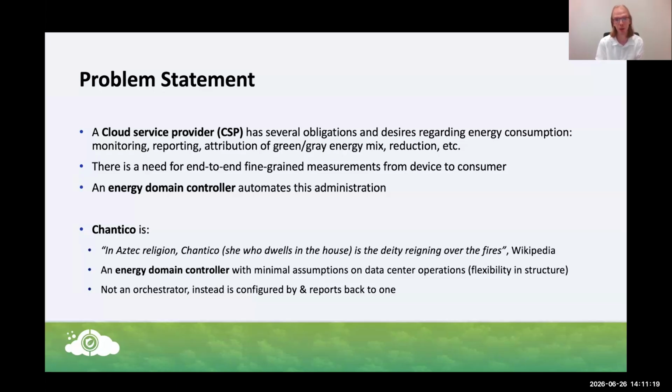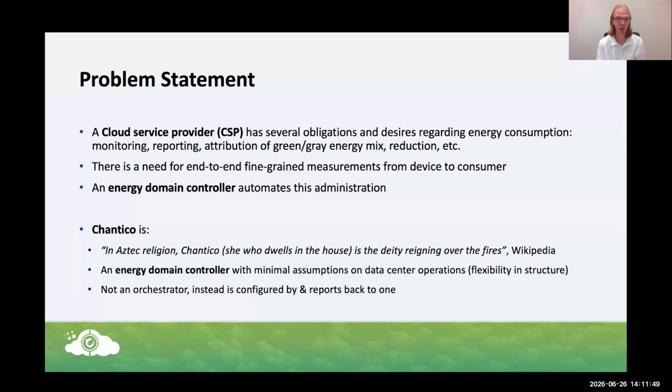So here we really want to keep track of all the information, but also be dynamic. And indeed, Chantico is not like a service orchestrator or something that does the workload shifting itself. Instead, it will communicate with one of those orchestrators, receive configurations, receive updates about resources that are in use, and report on energy metrics.